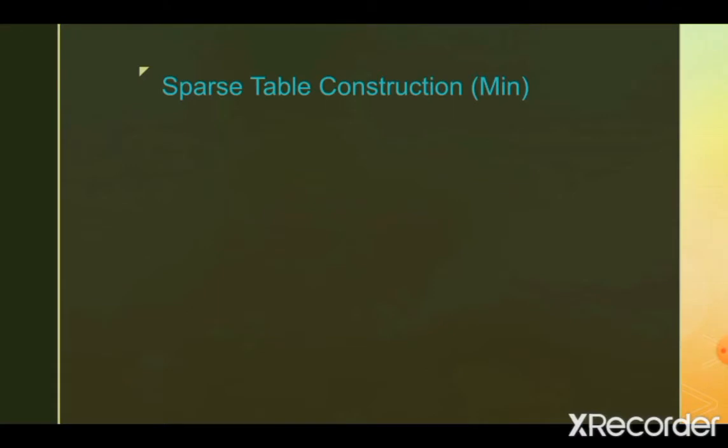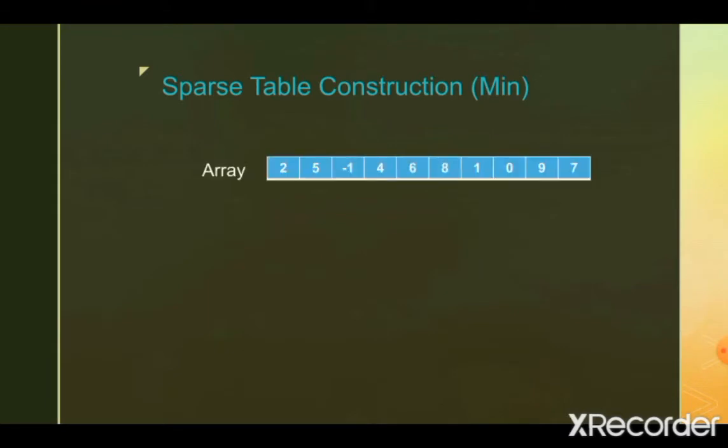We are going to see the construction of the sparse table for computing the range minimum queries. But a sparse table can also be used for range maximum queries, and the process remains the same. So we are just going to see the construction of the sparse table for the range minimum query scenario. So let's consider an array of size 10. Its indices are shown above the values.